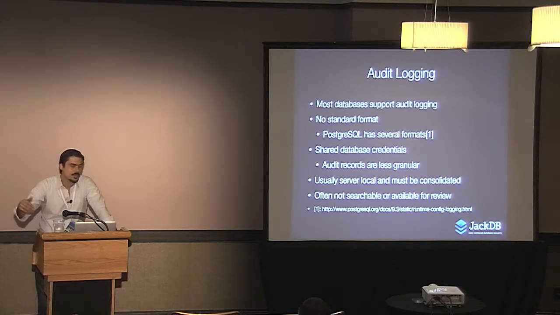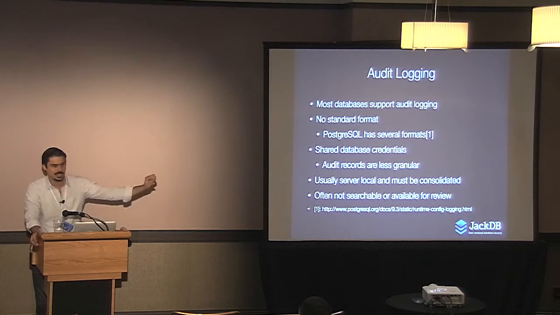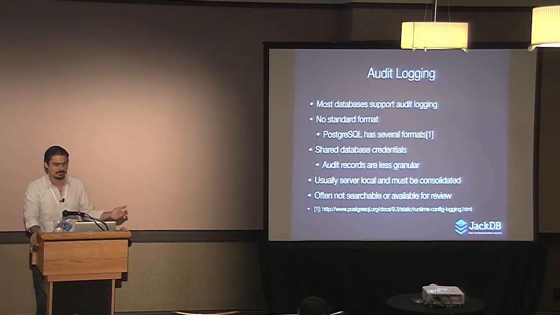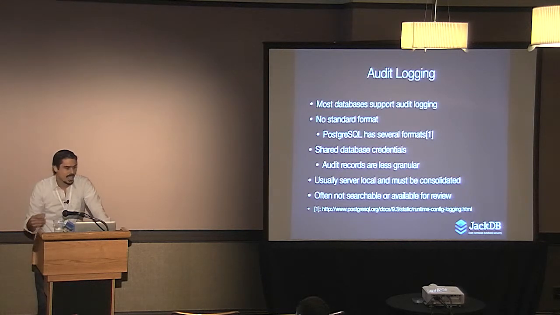And going back to all those problems we had before with shared user IDs and shared passwords, if you have 10 guys logging in as app read, it's hard to figure out which guy is the one that ran the query. So you'll see a line in the log that says app read ran select star from whatever it is. And maybe you have an IP address, or maybe you don't even have an IP address if there's some router in between blocking that. So not having that granular level, the other problems compound together, because even if you get all this audit logging data, it's not really that useful.